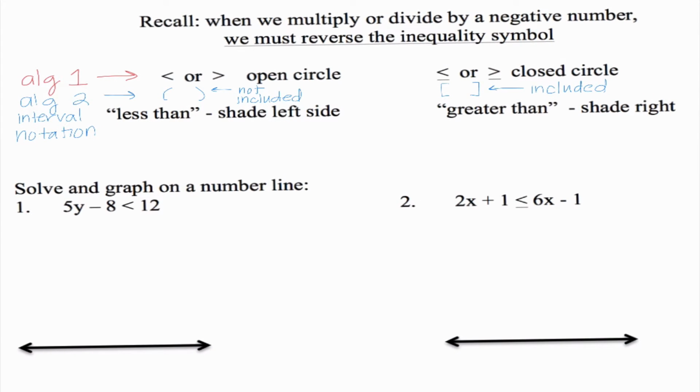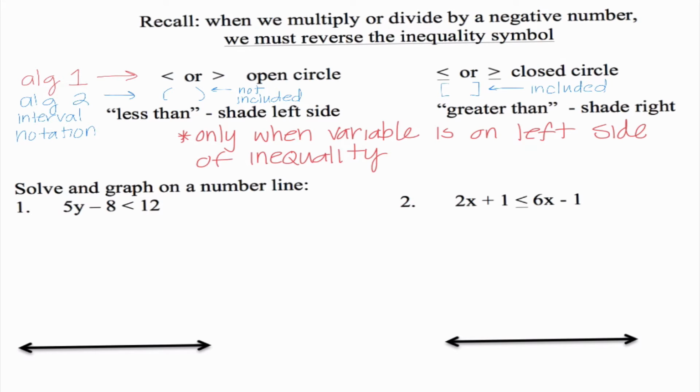Another thing that you probably learned back in Algebra 1 is that when it's less than, shade to the left, and when it's greater than, shade to the right. I just want to stress to you that that is only when the variable is on the left side of the inequality. For example, if we had something like all real numbers greater than 2, notice I didn't say x greater than 2, I called that all real numbers. I need to think where are numbers that are greater than 2, and that would be to the right. However, if it had been written like,